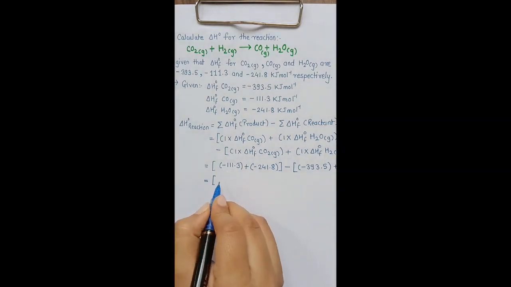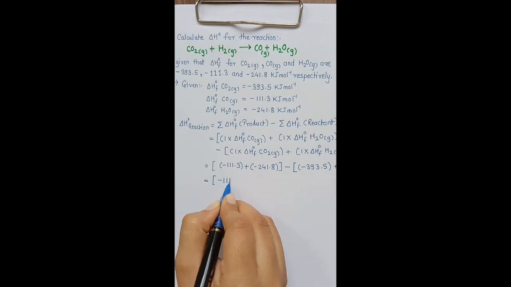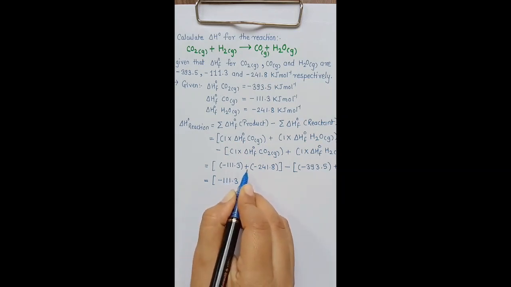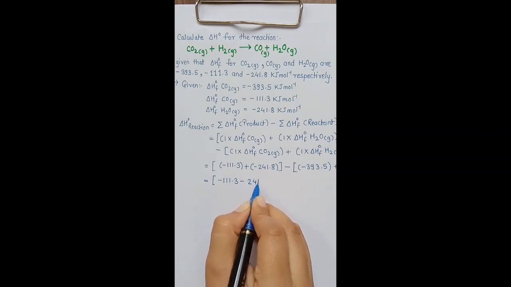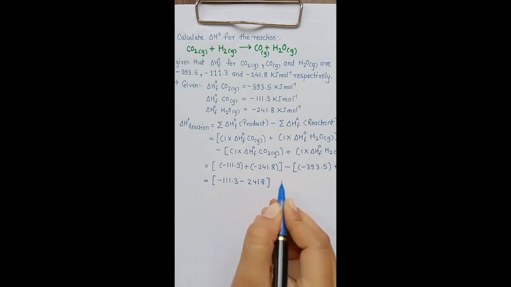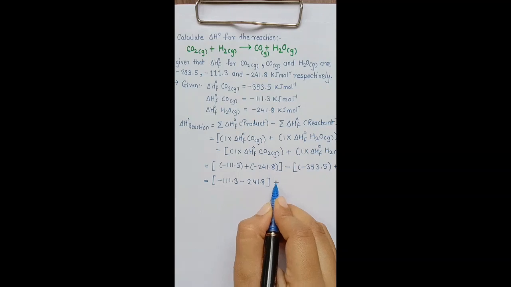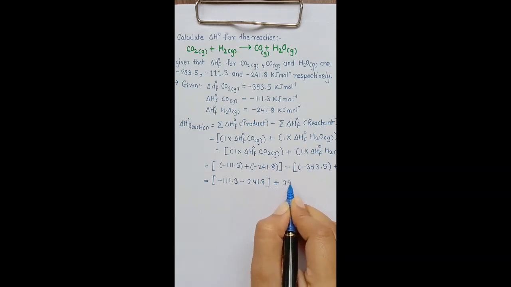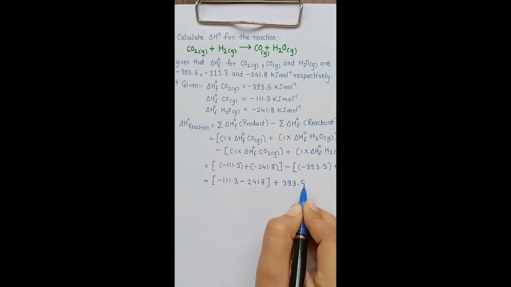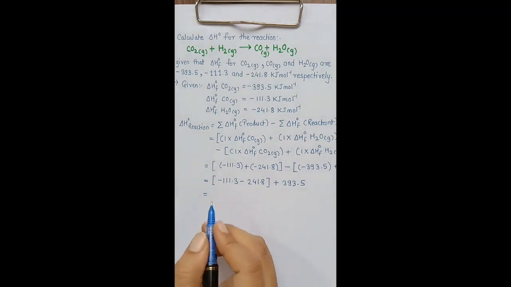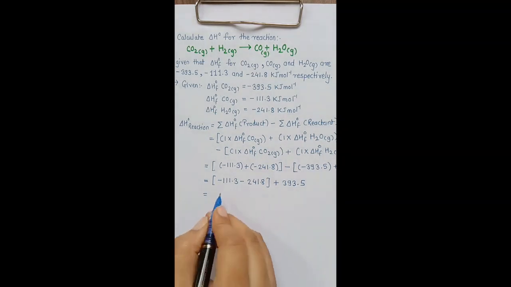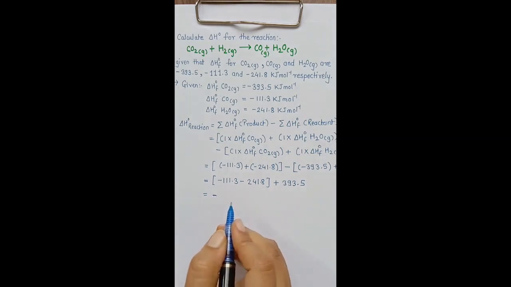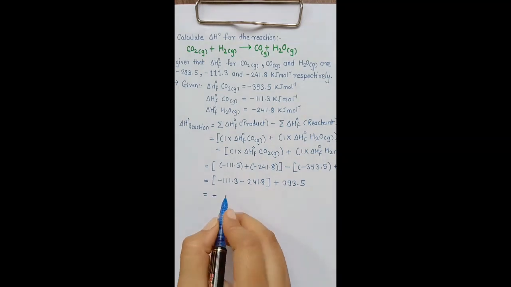So now minus 111.3. This plus minus becomes minus 241.8. This minus minus will become plus 393.5. Minus minus is equal to plus, and the sign of the bigger number is minus, and it is equal to